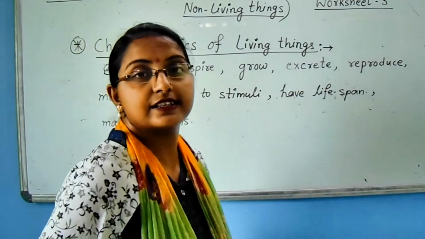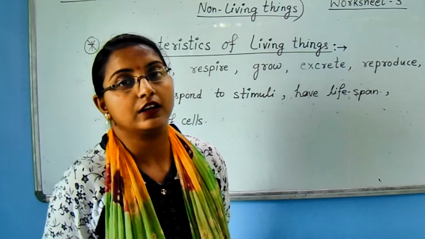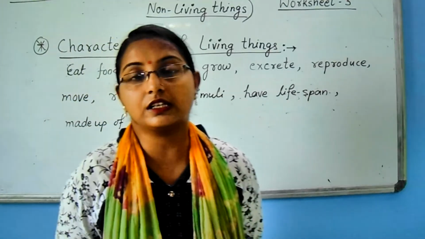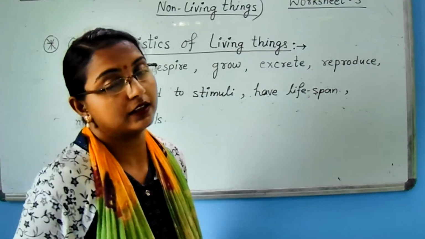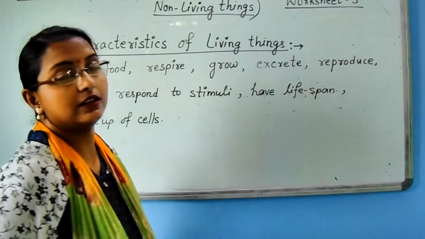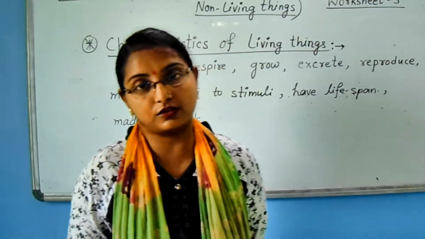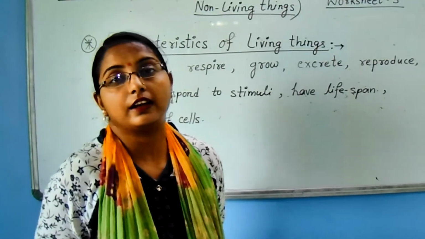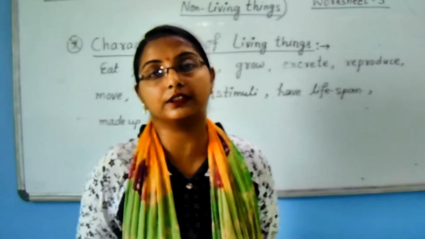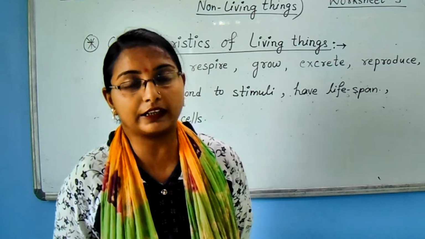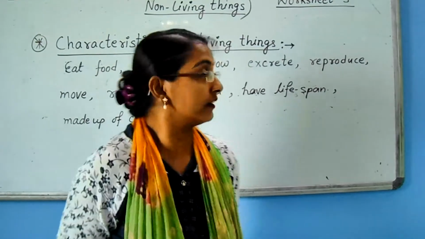Now the further topic is excretion. Excretion means the waste matter is removed. That means the waste matter is excreted by the body. So it is the process of excretion, and the excretory matter is also called waste matter. Animals and humans have developed excretory organs, but plants do not have certain organs.